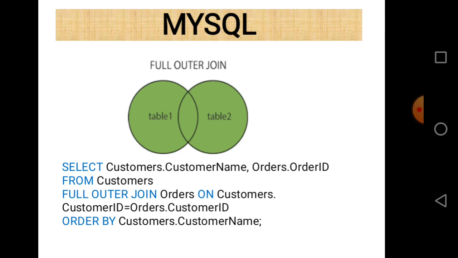So here two tables are used, customers and orders, which have column names customer_name and order_id respectively. Customers is the first table name, and orders is the second table name. And to perform join operation, first we write keyword SELECT, then column name, and to mention column name, first the table name will be mentioned, after that dot sign, and then column name. So the syntax is table name dot column name, and here the table name is customers, so we write customers.customer_name, orders.order_id from customers, and then FULL OUTER JOIN orders ON customers